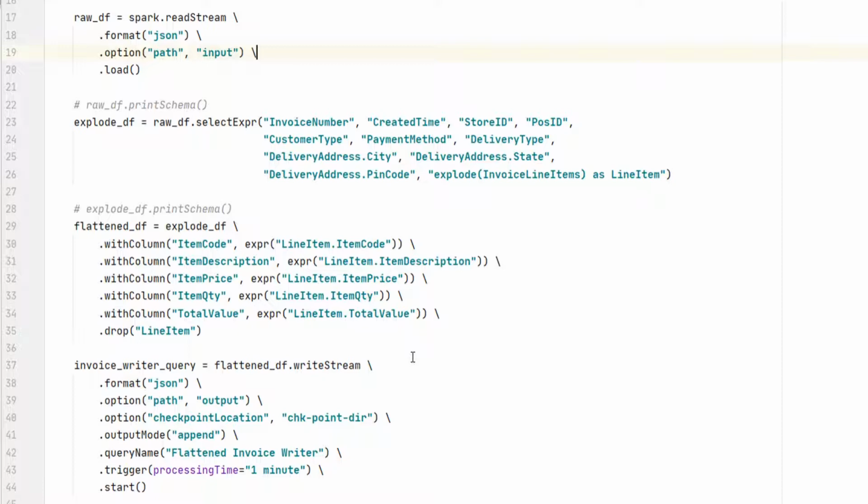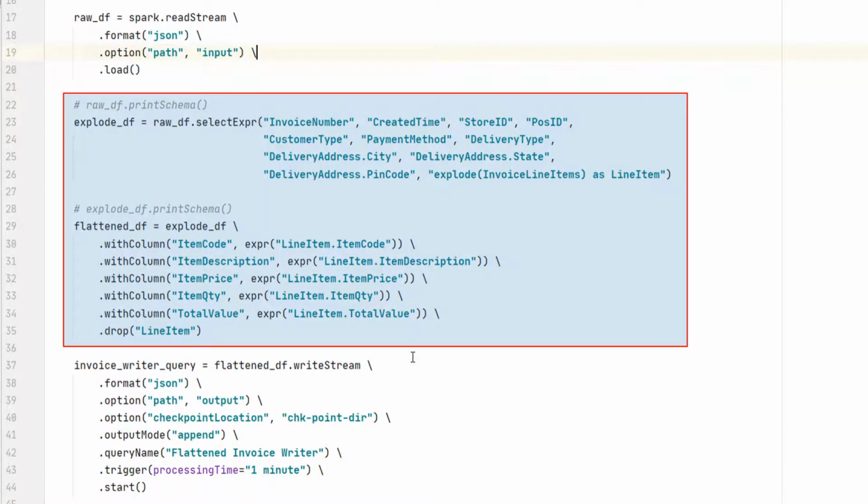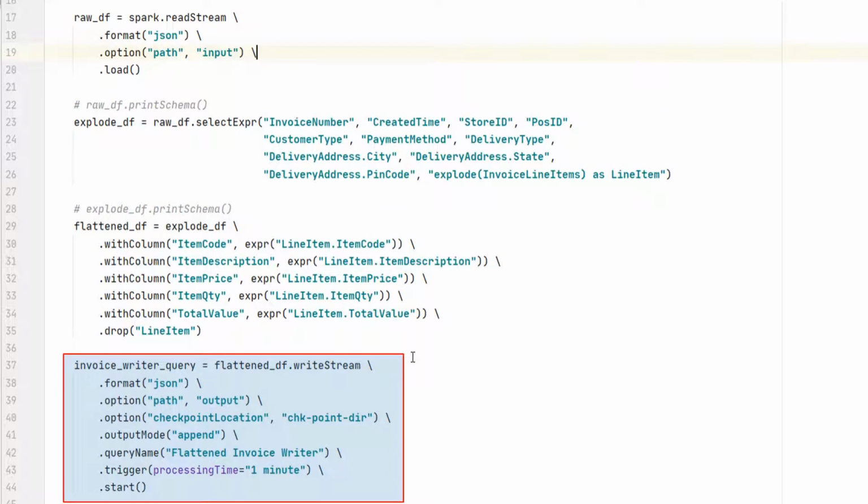Let's assume that all of this reading, processing and writing finishes in 15 seconds. We define the trigger time as 1 minute. So, the background thread will wait for another 45 seconds. After that, the background thread will look into the input directory and check if we have received any new files. If not, the thread will wait and watch for new files to arrive. As soon as new files are created, the background thread will trigger the next micro batch.